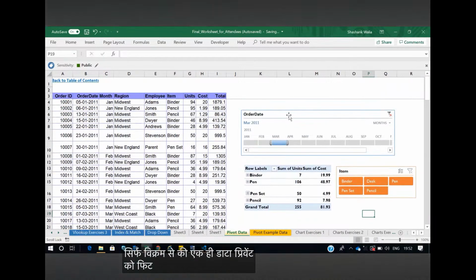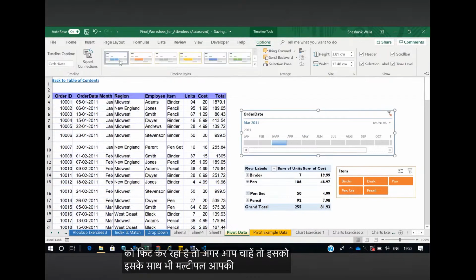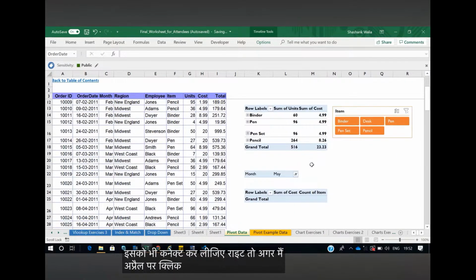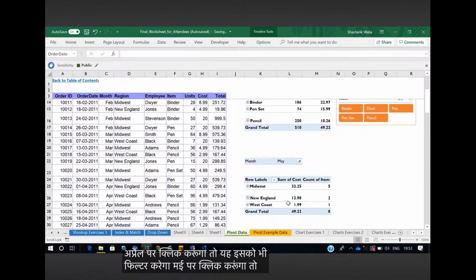तो अभी ये डेट का डेटा सिर्फ एक ही पिवट को फिल्टर कर रहा है। तो अगर आप चाहें तो इसके साथ मल्टीपल चीज़ों को कनेक्ट कर सकते हैं। तो रिपोर्ट कनेक्शंस में रीजन वाइज को भी कनेक्ट कर दीजिए, राइट। तो अगर मैं अप्रैल पे क्लिक करूँगा तो ये इसको भी फिल्टर करेगा, मई पे क्लिक करूँगा तो ये इसको भी फिल्टर करेगा, राइट।